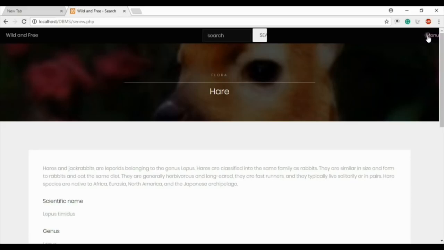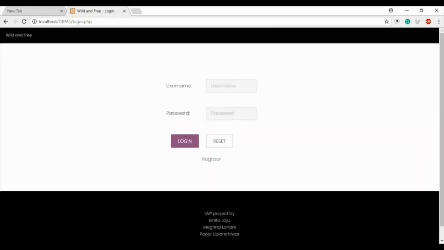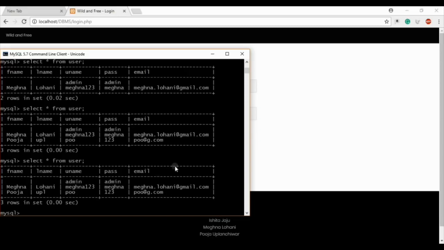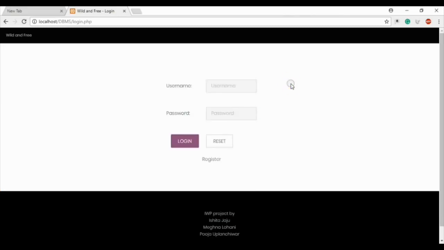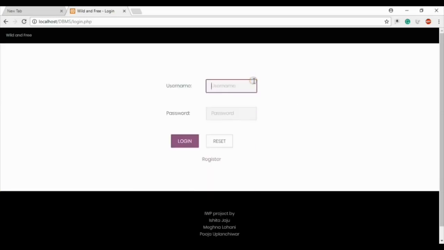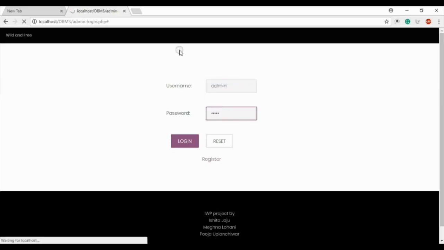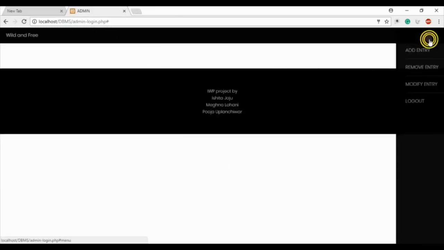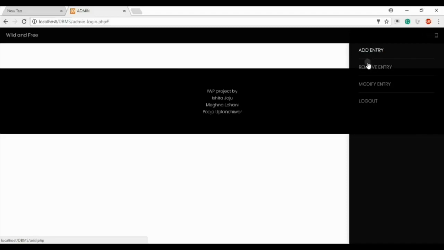Now let's check out another feature. If we log out, there is a special login, admin login. If we input this username and password, it takes us to a special portal called admin login, which has some special features like add entry, remove entry,